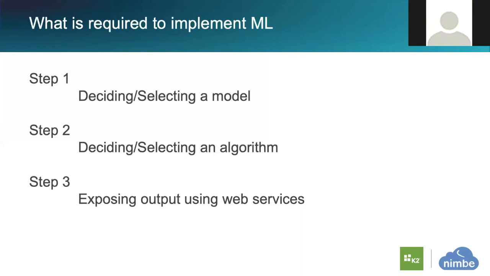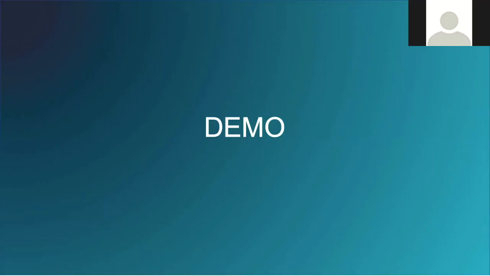Obviously, ultimately, as far as K2 is concerned, this would just be a smart object. And what would sit behind that smart object, historically you could have done a class library and created your own server broker or something like that. But with K2 5, obviously, you want to represent that as a web service, either REST or Classic, and then consume that through a smart object on your workflow. So those are the 3 key steps.